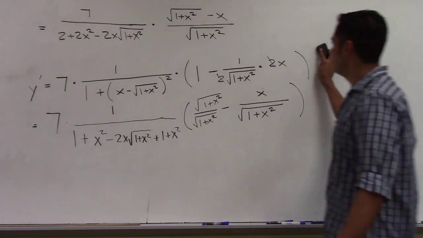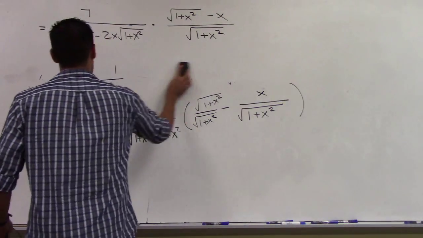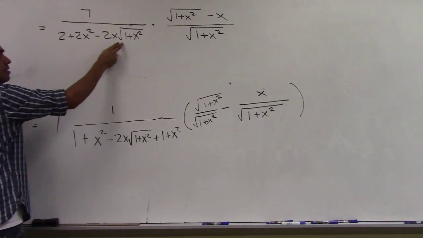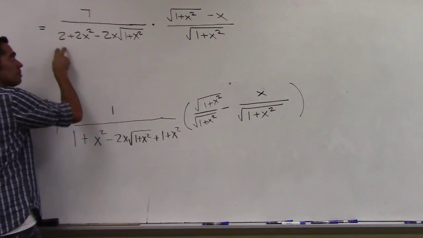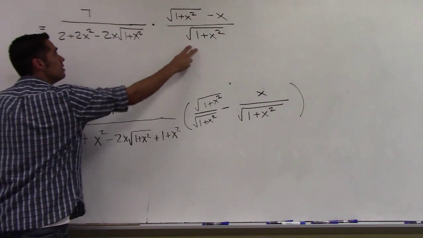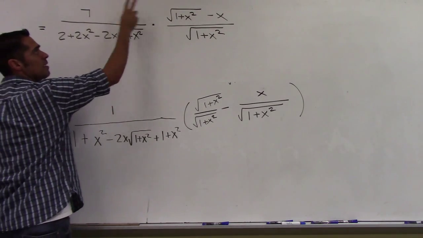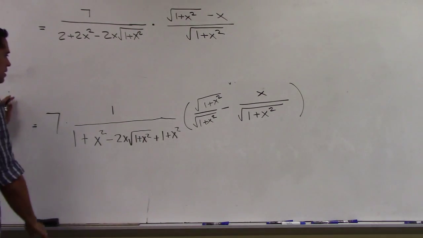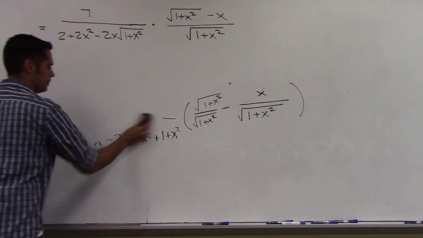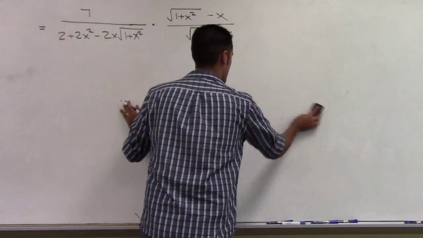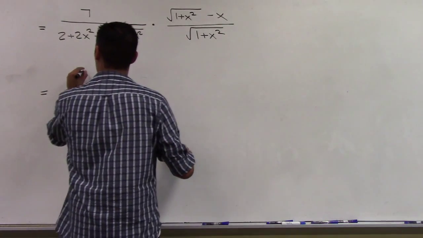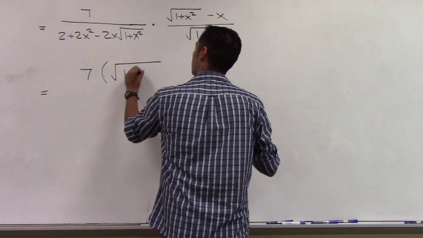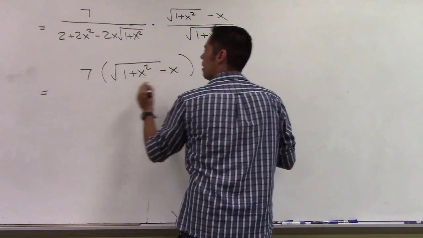The next thing I'm going to do is, since there's one term here and 1, 2, 3 terms here, I'm going to multiply this term through to each of these. And then on top, the 7 is just going to go up here. I'm just going to put a 7 and then that in parentheses. So here's where I am. On the top, 7 parentheses square root 1 plus x squared minus x. On the bottom,